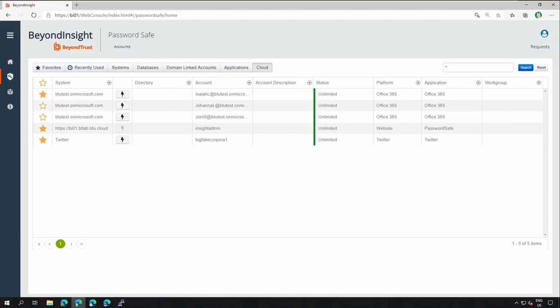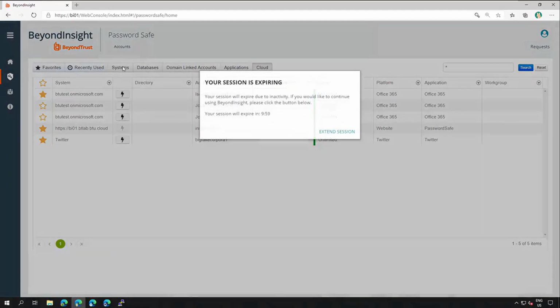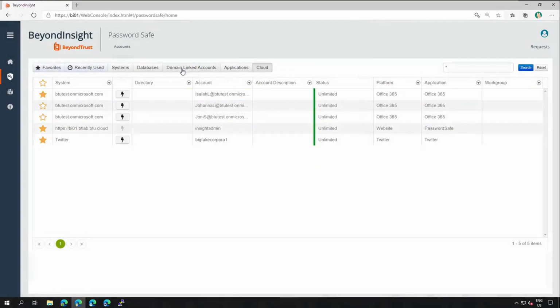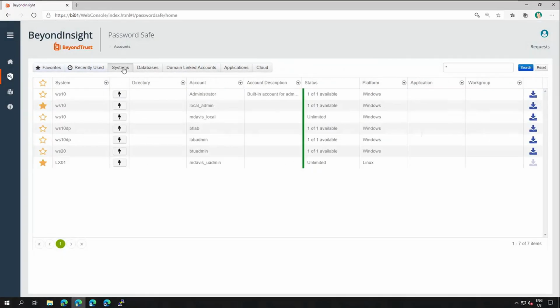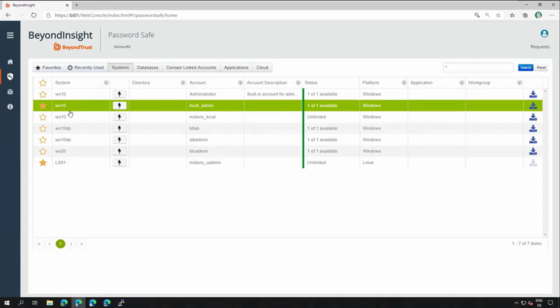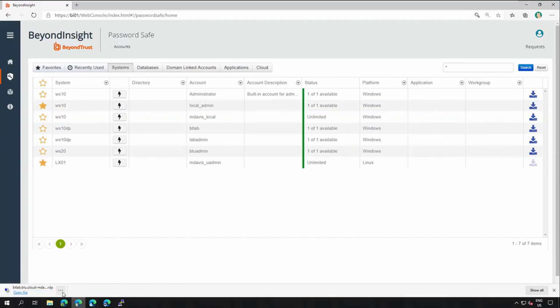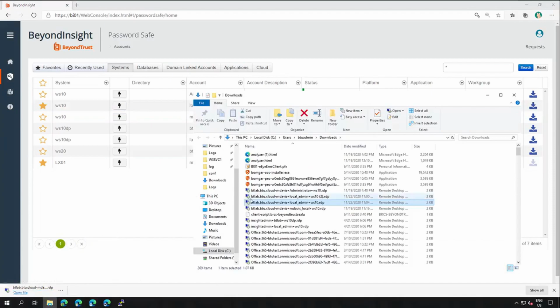So let's start with the example of a Windows administrator. If I click on the Systems tab, I can see the local admin credential on WS10 that this user's already made a favourite of. Aside from the one-click launch, there's also the possibility to download an RDP Direct Connect file. When I click on this, note that the file that's downloaded is slightly different from the others. If I look at this file, you notice that the actual file name gives the game away a little, but